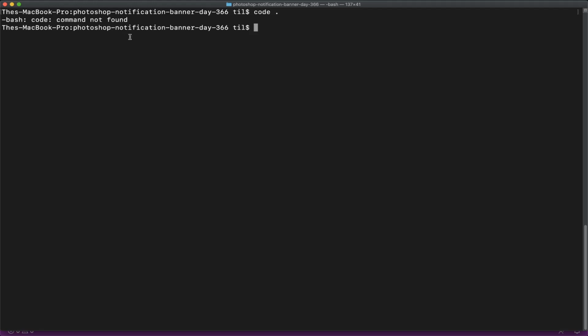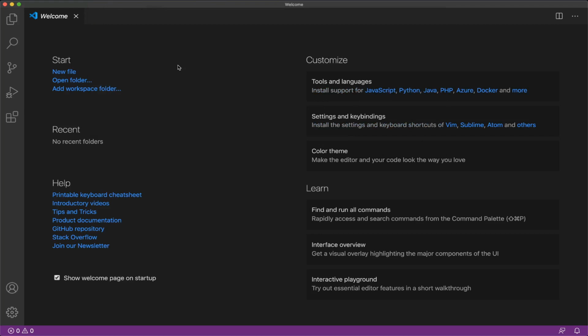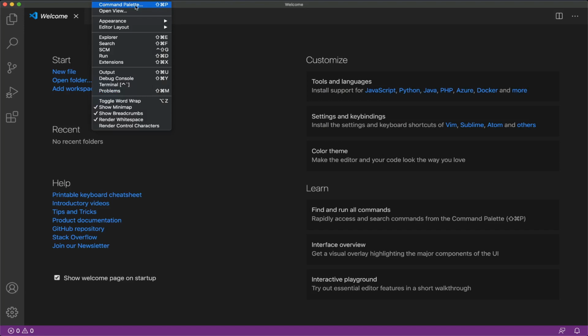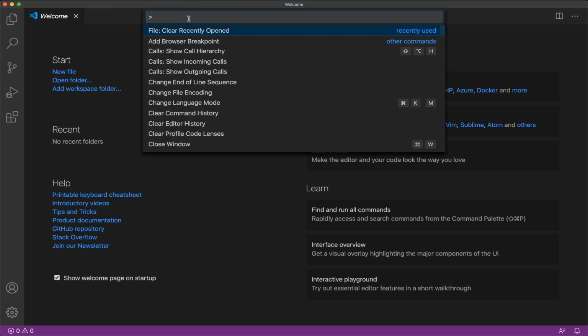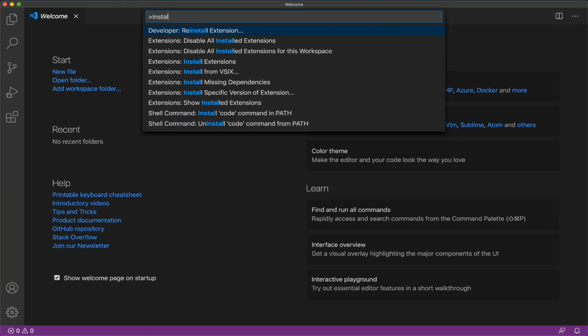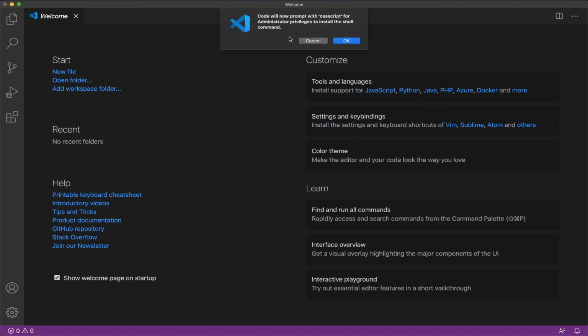In order to fix this, let's go to Visual Studio Code. So we can bring up the command palette by clicking on View, Command Palette, and the keyboard shortcut is Command Shift P, and then we can start typing install, and then if you come down here it says Install code command in PATH. Click on this, click on OK,